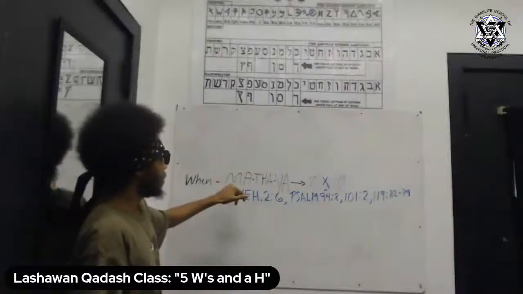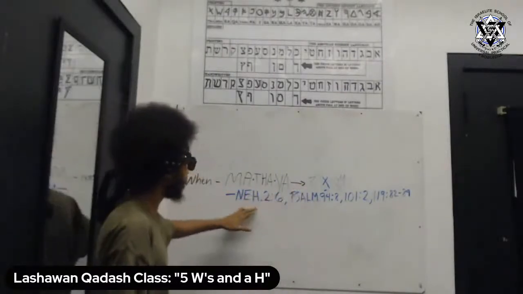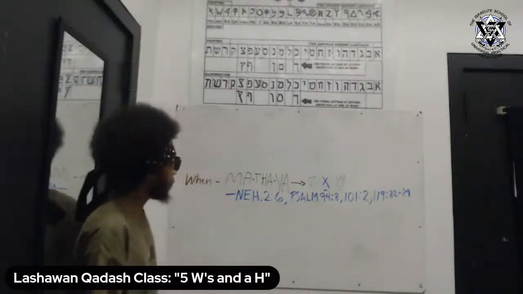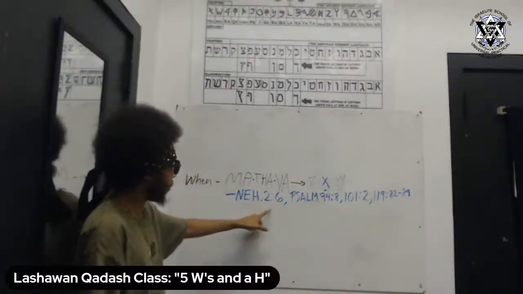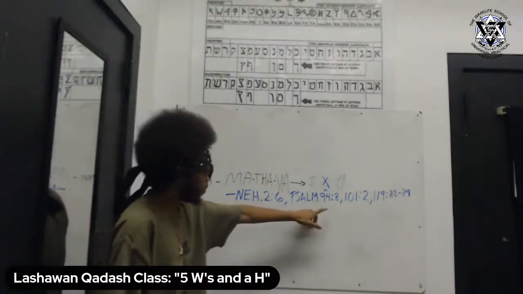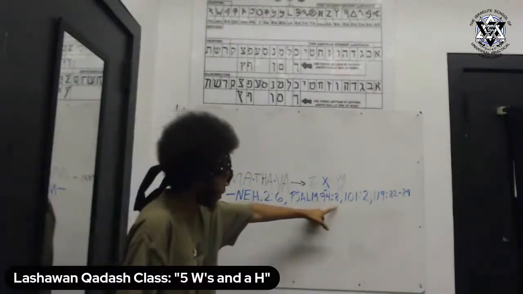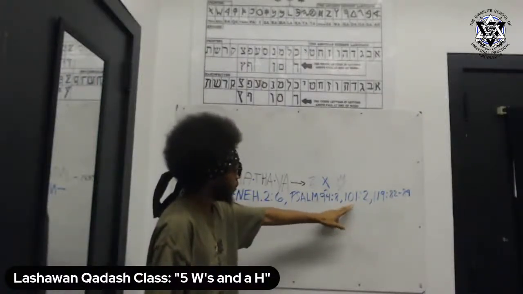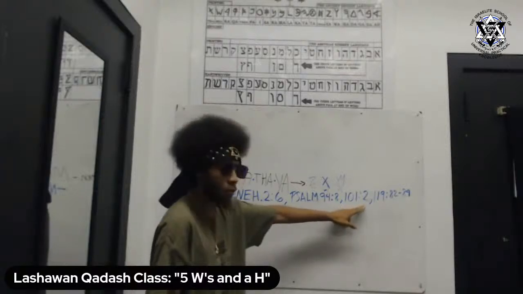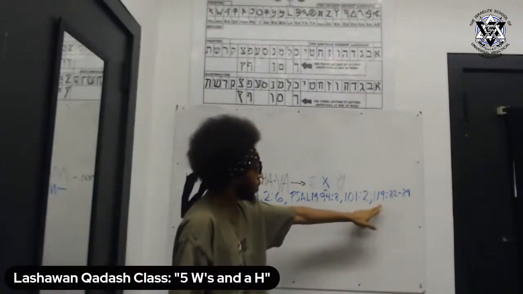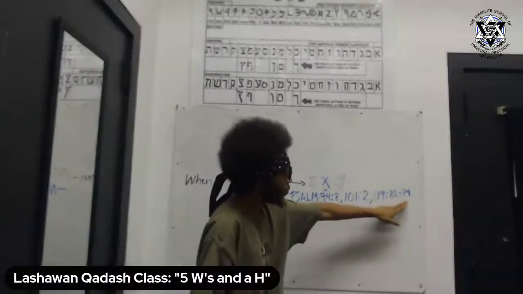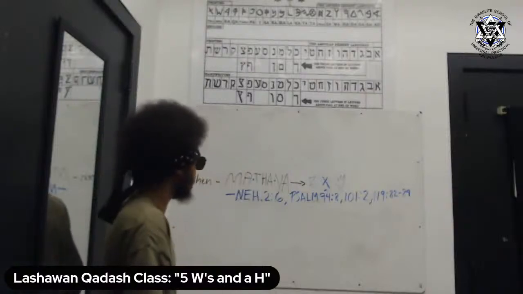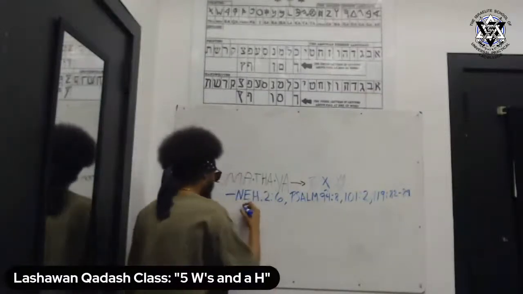When, Matthayah, that's the Hebrew. This is going to be the actual scriptures: Nehemiah chapter 2, verse 6, Psalm chapter 94, verse 8, and then it continues. This is going to be chapter 101, verse 2, chapter 119, verse 82 through 84. So the verses is 82 through 84. Now let's continue. We got Proverbs